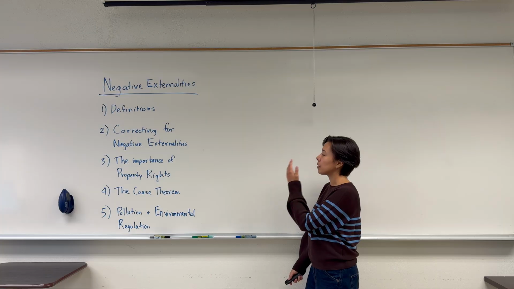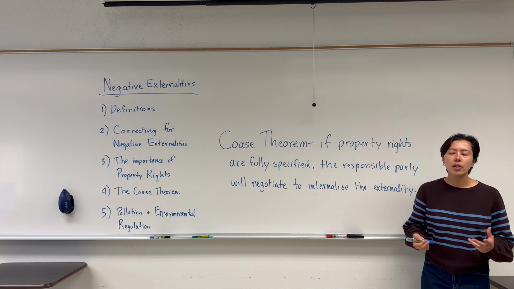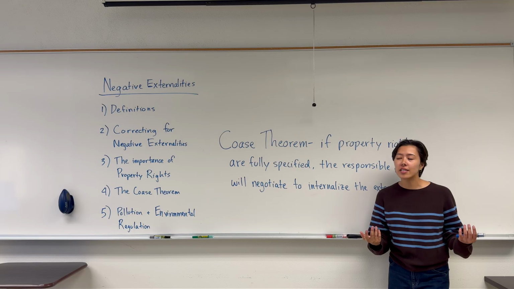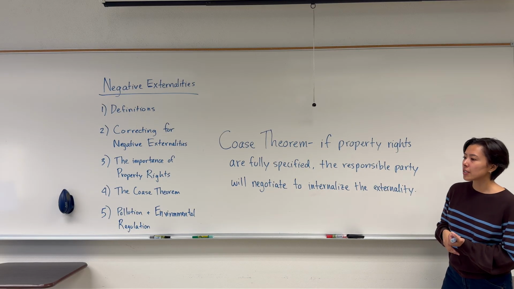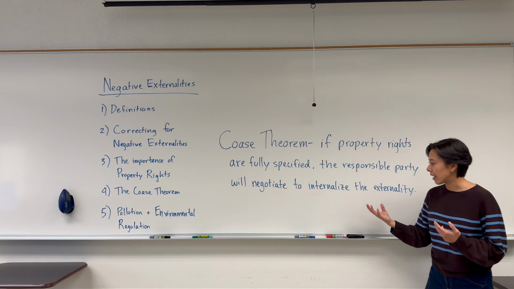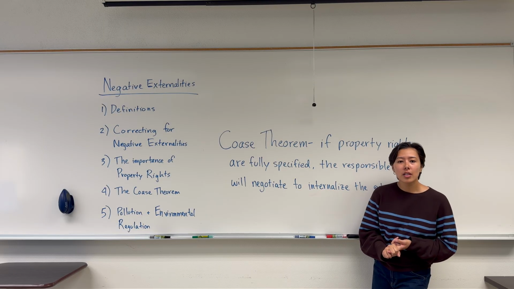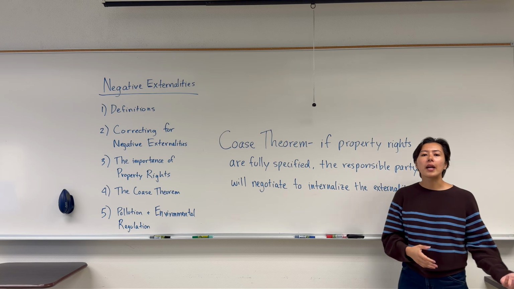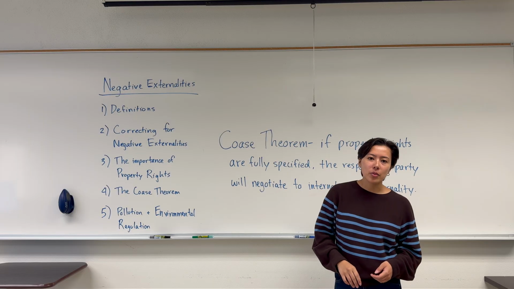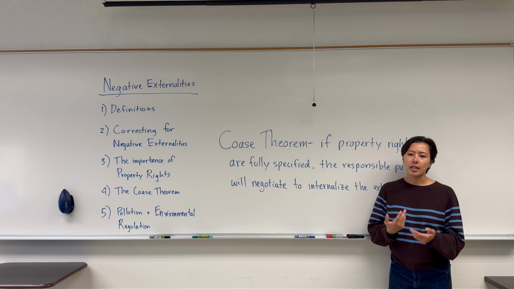Again, if it's cheaper for him to put up the fence than to accept the damage, he's going to put up the fence. This is the result of our Coase Theorem. If our two parties are able to negotiate freely and easily, and their property rights are fully specified, then the responsible party is going to be willing to negotiate to internalize the externality. If the cattle farmer is responsible for the damages that his cows do, he's going to choose to build the fence or pay the farmer directly for damages to the wheat field. If the wheat farmer is responsible, then he's going to choose to build the fence or just live with the damages caused by the cows.